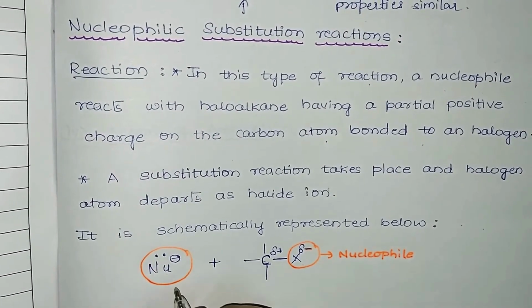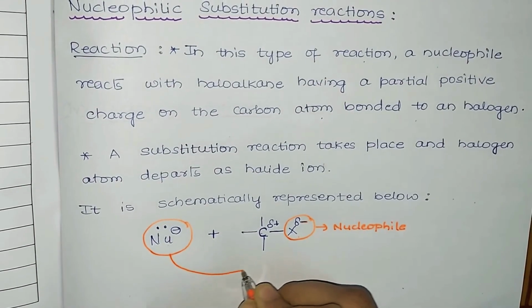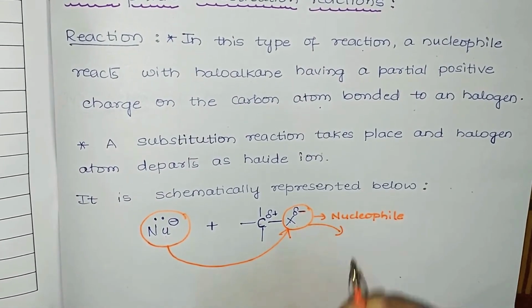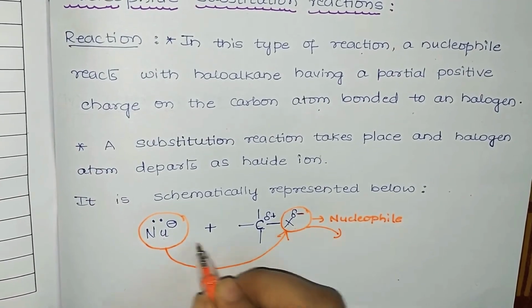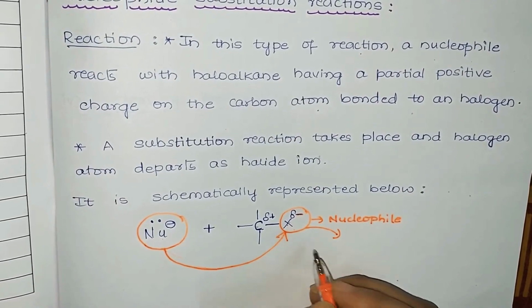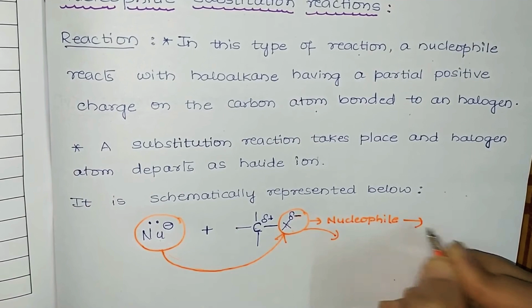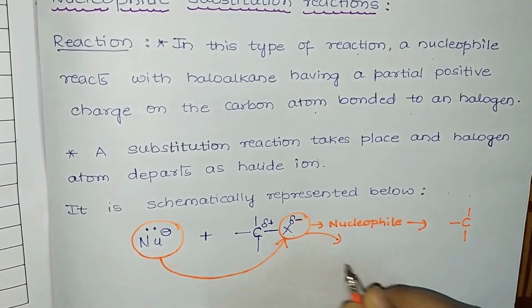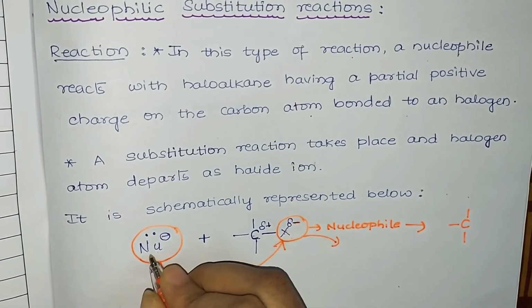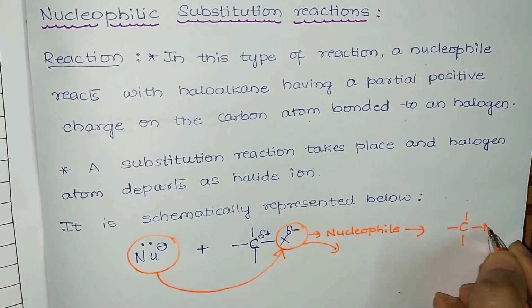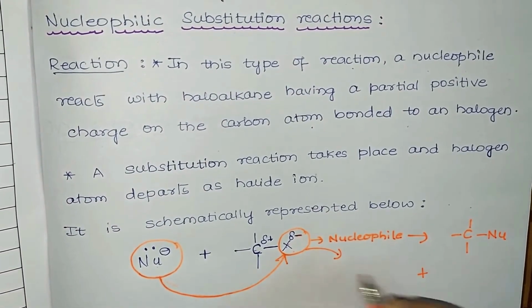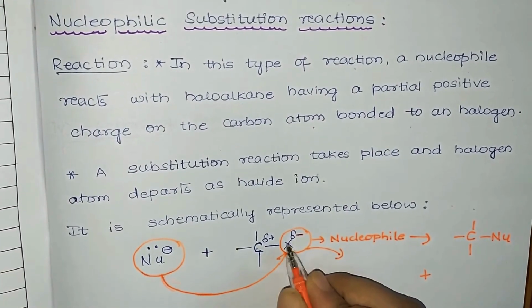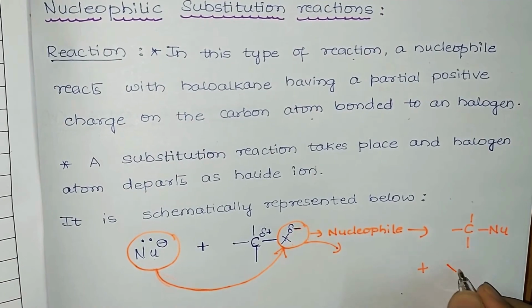So what we are studying here is one nucleophile substituting another nucleophile. The nucleophile removes the halogen, and the halogen is removed in the form of a halide ion. The nucleophile goes into the place of the halogen. What will be our corresponding product? Carbon already has 3 bonds. Only the change of nucleophile takes place. Instead of the halogen, another nucleophile is substituted, plus the halogen is removed in the form of a halide ion, that is X minus.